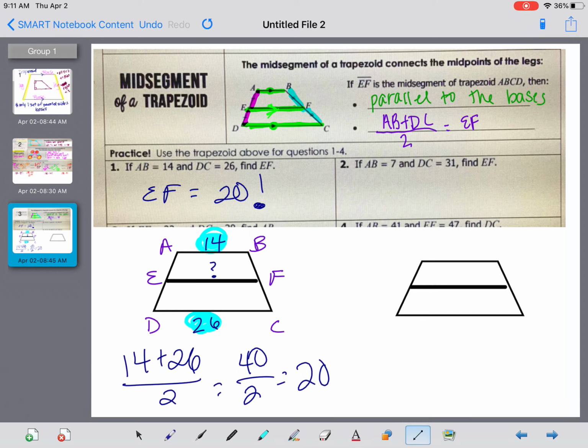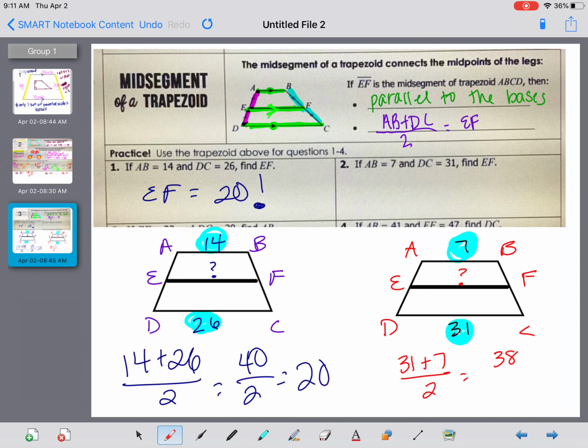All right, now let's take a look at the next one. Again, we're going to use this same trapezoid. So A, B, E, F, D, C. And it tells us that AB is 7 and DC is 31, and it asks us to find EF. So again, all we do is add those together and divide by 2. So 31 plus 7 divided by 2 gives us 38 divided by 2, which gives us 19. So EF is 19. I hope you've enjoyed these notes on the midsegment of